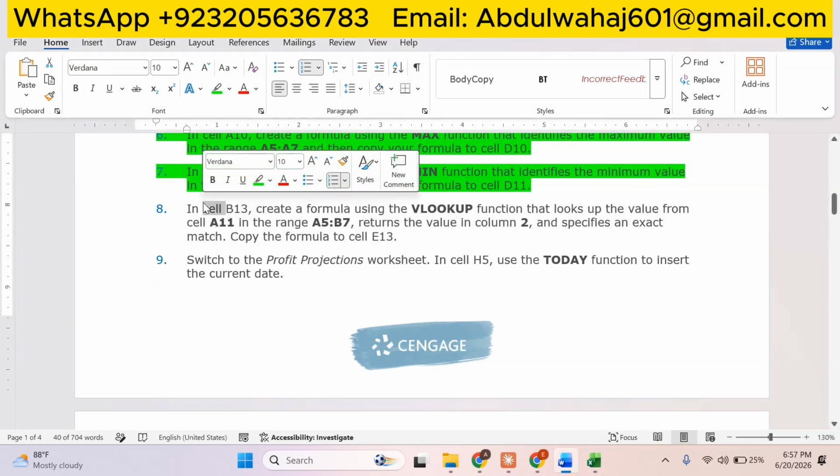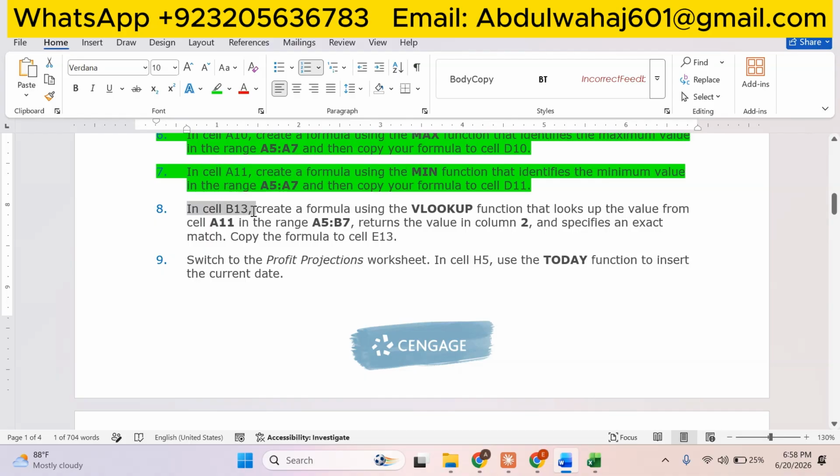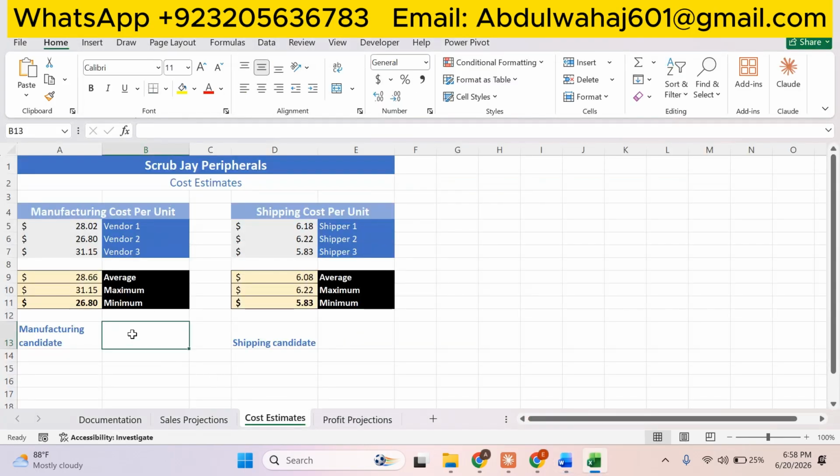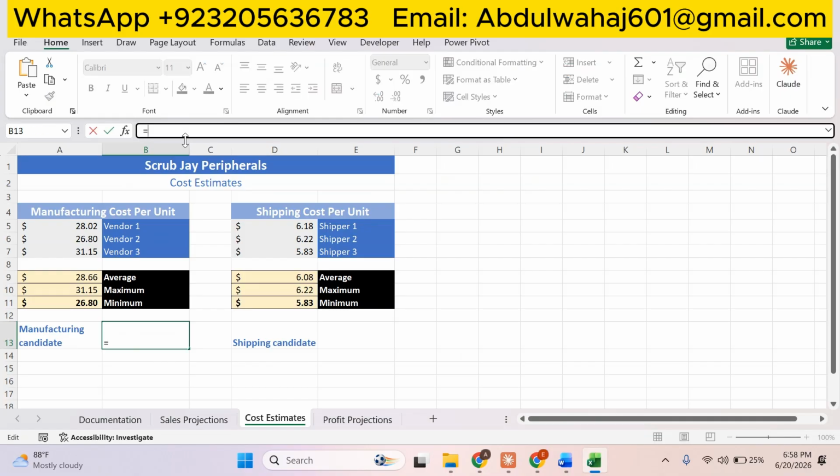Moving to step number 8, that is in cell B13, create a formula using the VLOOKUP function that looks up the value from A11 in the range A5 to B7 and returns the value in the second column and specify an exact match. Okay, so in this one we are going to put a formula that is VLOOKUP,